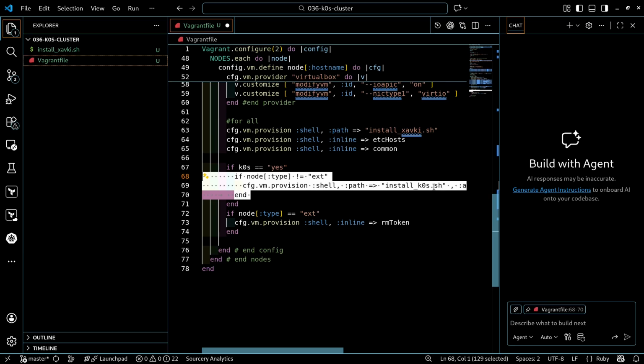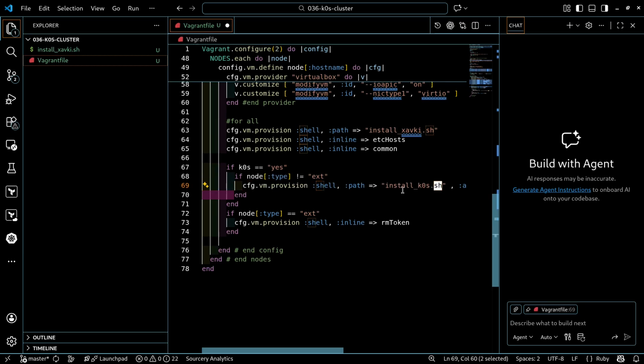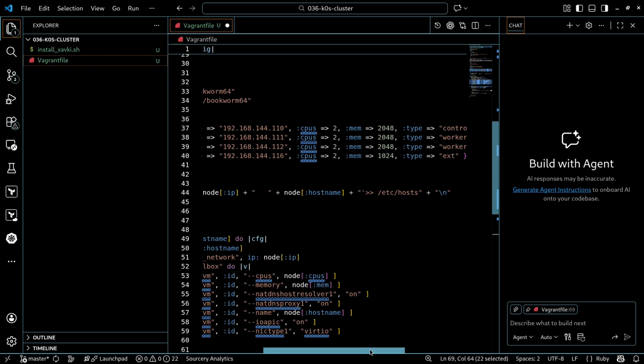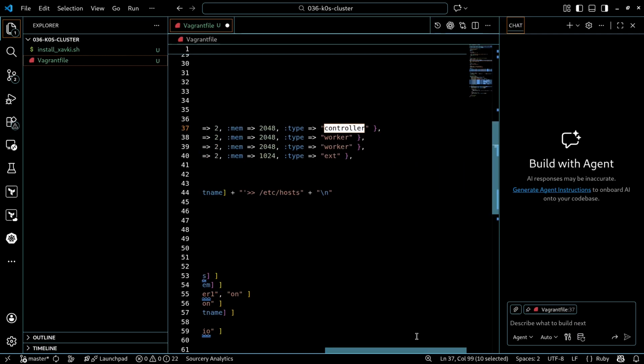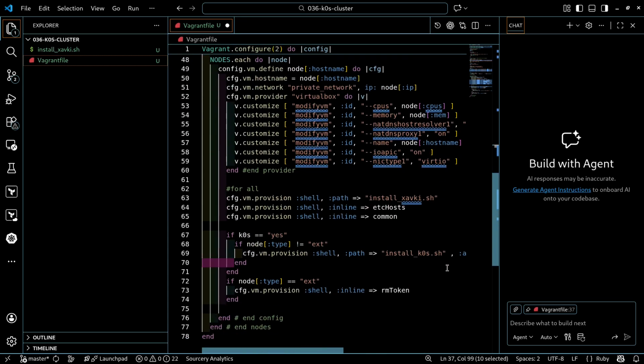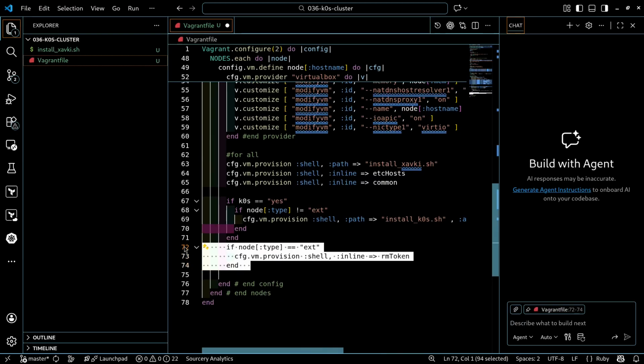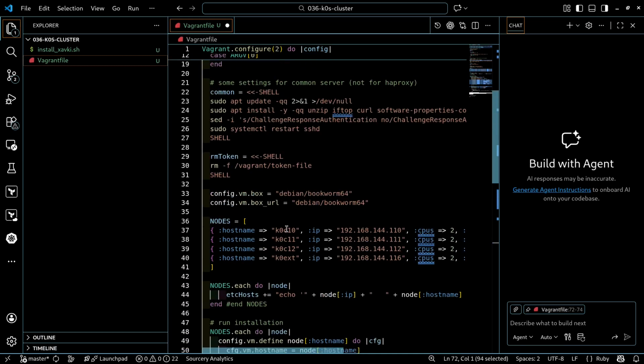We want to run the install_k0s.sh. We can pass here an argument to provide the type of the server. Just meaning we want to run a specific argument for the controller and for the worker and process it inside the script. Okay, and after that, especially for the external node, that will be the external node, like you see here,